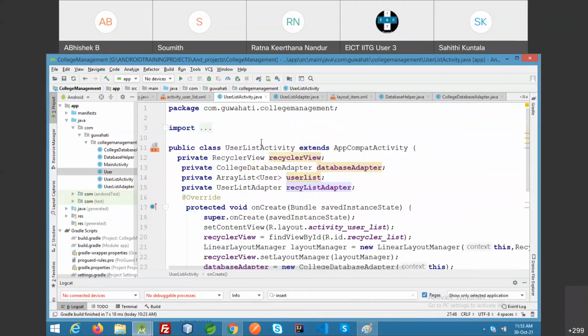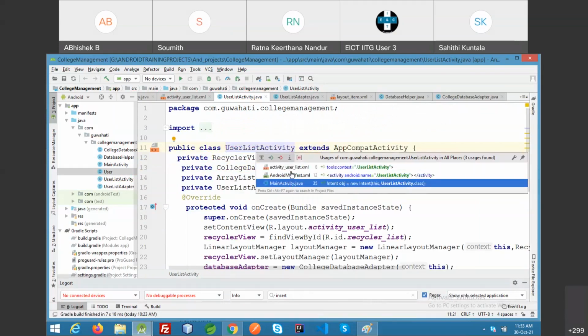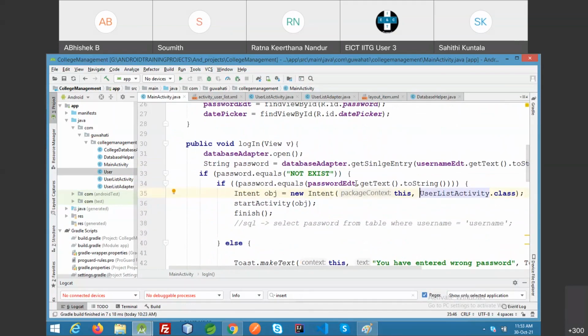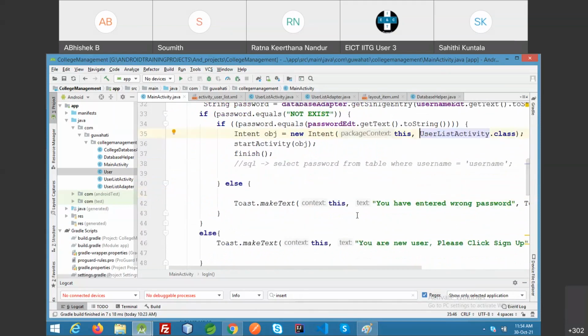Now how this activity runs: user list activity, we will call this from the main activity when I press login. Let's run this application and see what I was showing you.